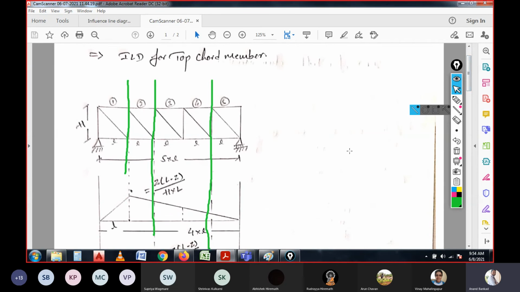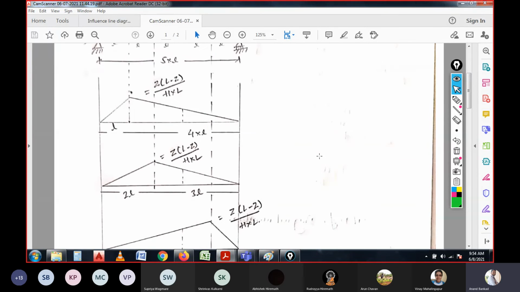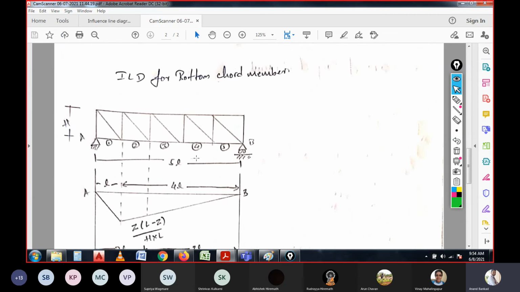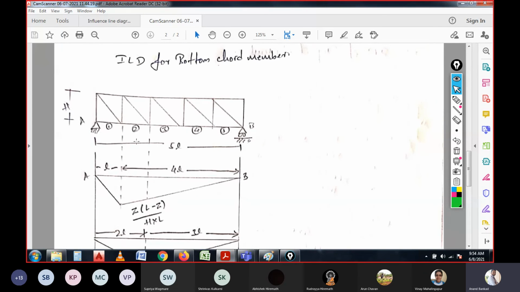This is how we need to have the calculation of the influence line diagram for the trusses. Similarly, the diagram shows everything. At this point, the influence line diagram for bottom chord members will be in this section, because the bottom chord members will always be in tension,